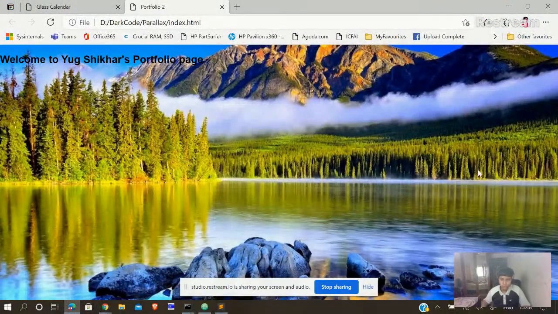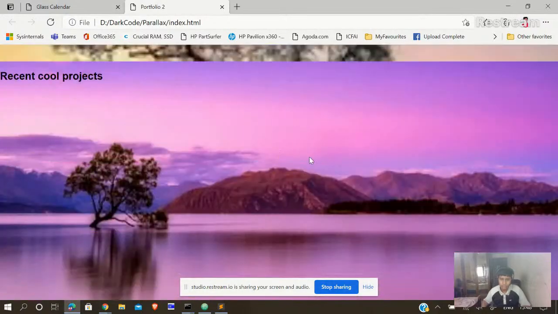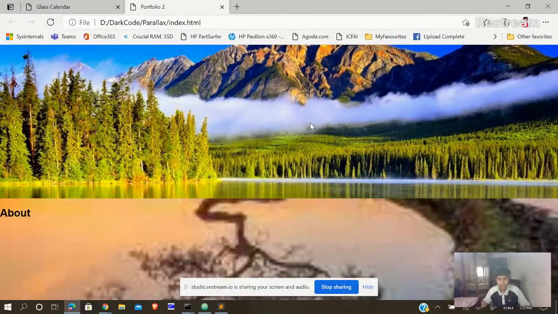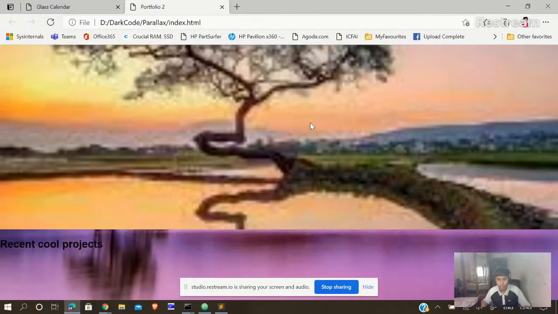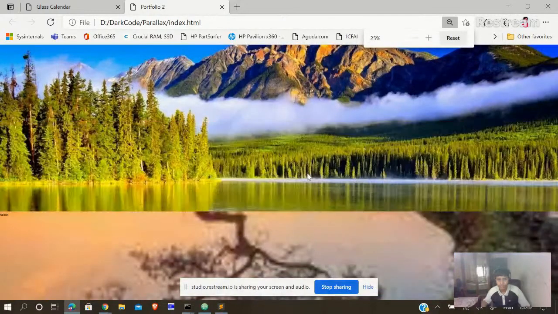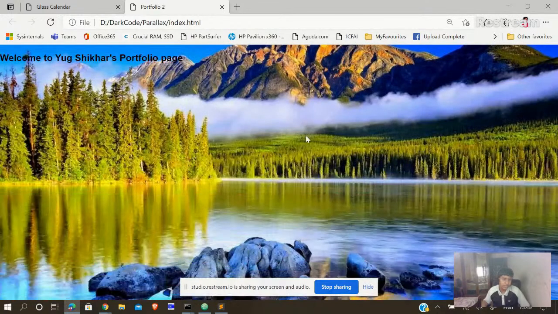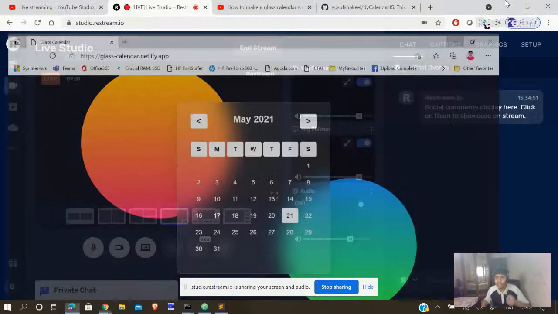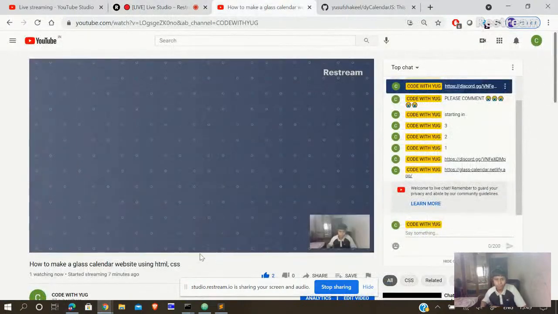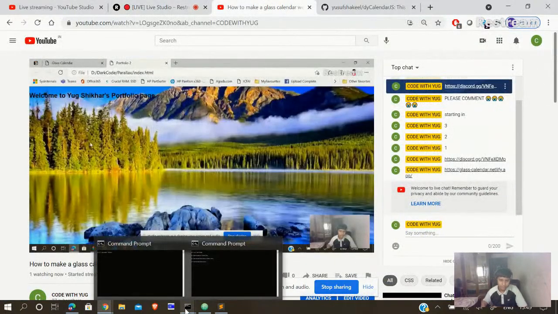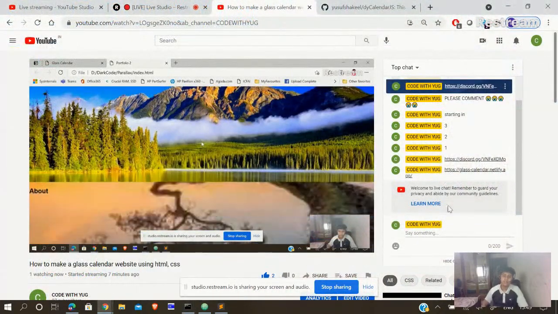So see, a parallax effect. If you are in a normal page, you will just keep scrolling down and nothing special will happen. But if you're in a parallax effect, this background change is so cool, and I actually mean it. It's amazing. I don't know about you people, but I love these parallax effects. You can actually put all kinds of text. And once I was experimenting with this, I could actually add a ripple effect. If you don't know how to add a ripple effect or anything like that, you can check out my previous live stream, which actually, I can get this out of the way and focus on this thing